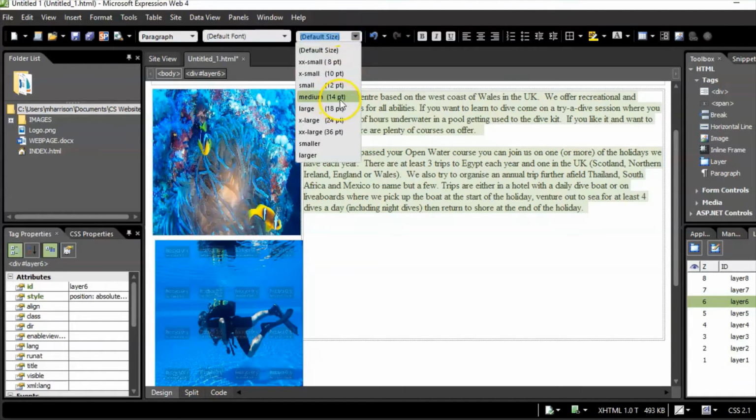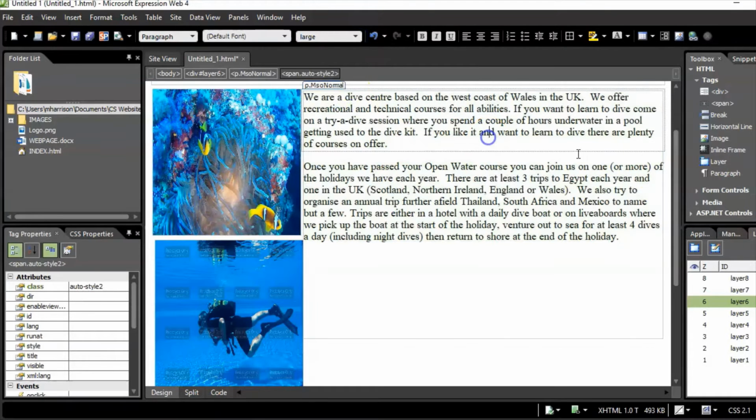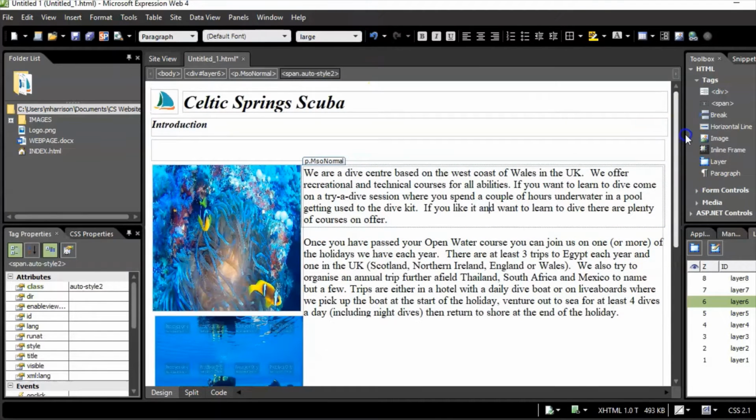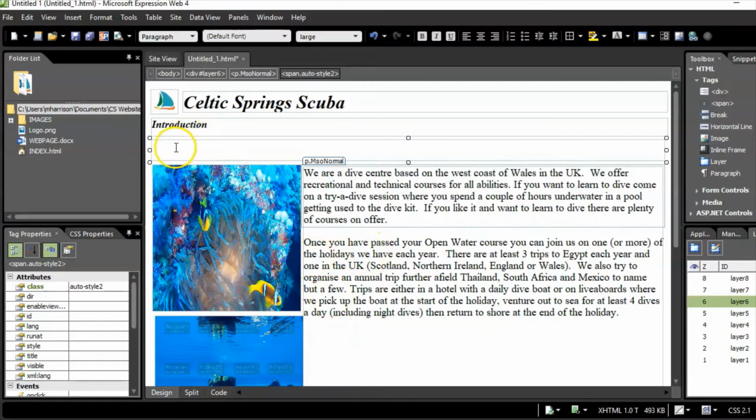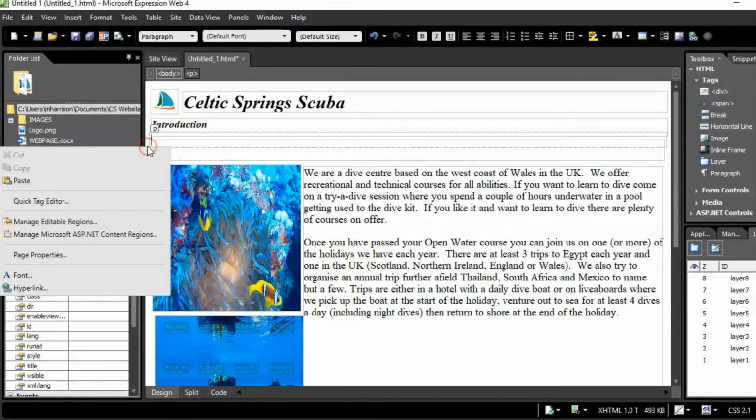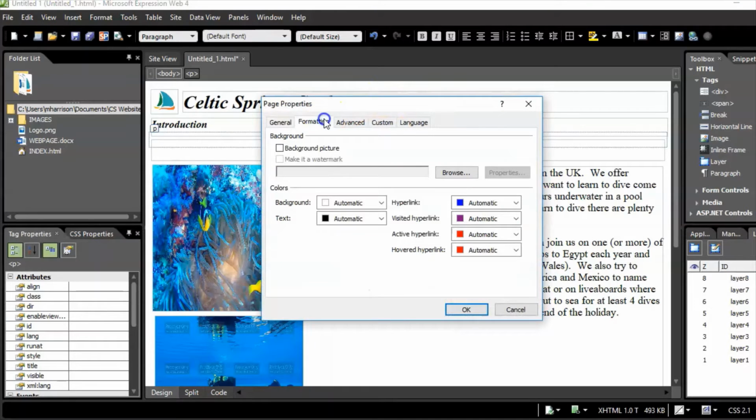I'm going to change mine to a medium font, maybe a large font there like that, size 18. Right, if we're just going to have a look at this, there's a couple of things I need to do there. So I need to make the background color dark sea green, so do that first. The easiest way to do that is just simply right click and go to page properties and formatting, and here I need to choose more colors,